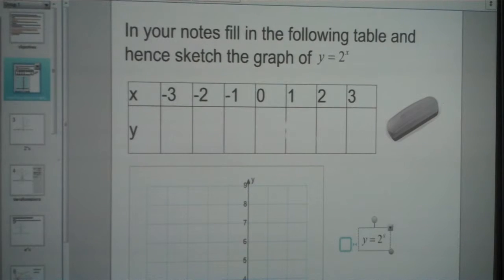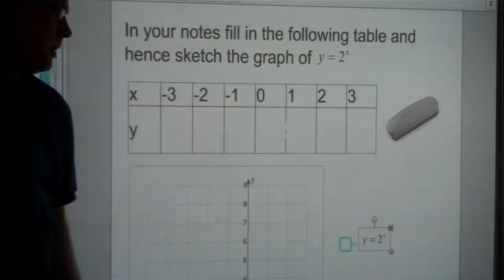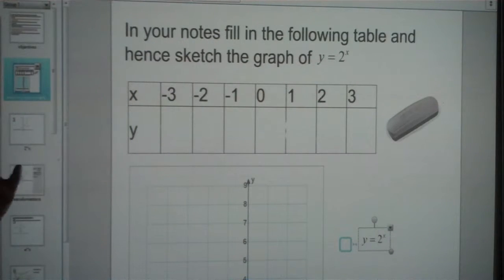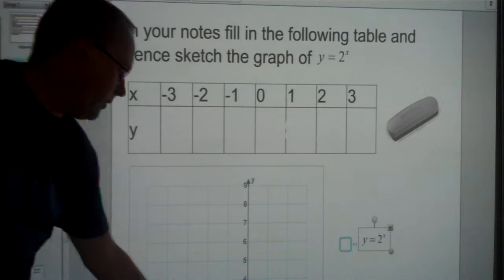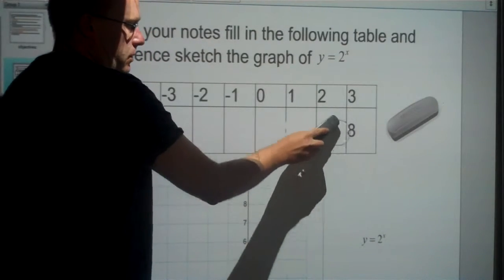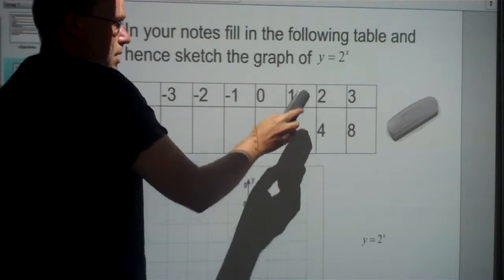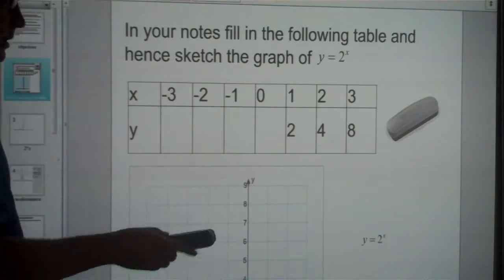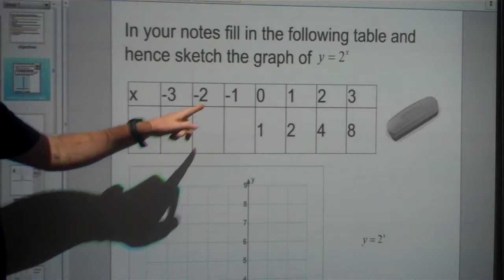So first of all, I ask people to sketch this graph by filling in a table of values. So if you forget what a graph looks like, remember you can always create a few coordinates, plot them, and then you can hopefully sketch the graph. So 2 cubed here is going to be 8, 2 squared is 4, 2 to the power of 1 is 2, 2 to the power of 0, anything to the power of 0 is 1,